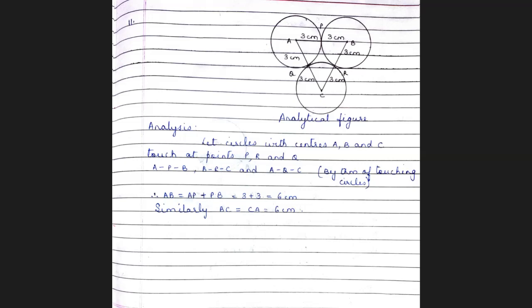Now, the analytical figure is a rough figure in the sense that the measures 3 and 3 centimeters may not be exactly 6 centimeters. Okay, that is the only difference. So you are going to draw a rough figure, of course, with your pencil and scale. It should look neat and tidy. The only thing is that the measures are not exactly the same as what you write. That is what is meant by an analytical figure.